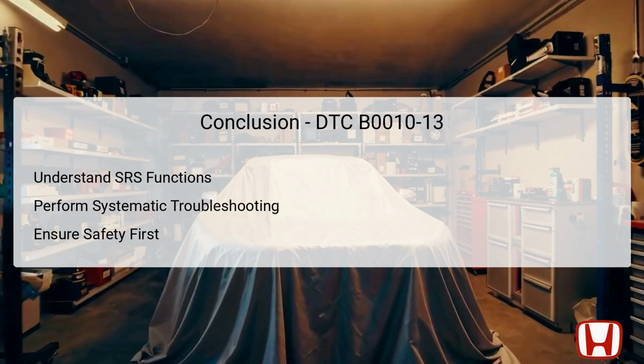Safety should always be the priority when dealing with SRS components, as they directly impact passenger well-being during potential collisions. By following the outlined steps and ensuring thorough inspections and tests, you can successfully resolve issues related to this DTC and maintain vehicle safety